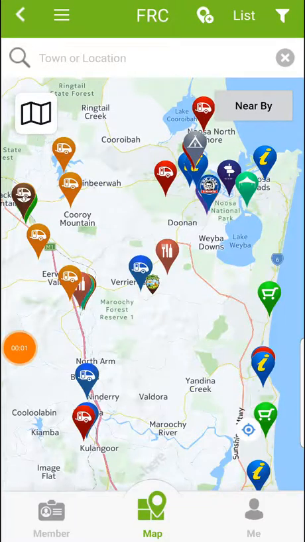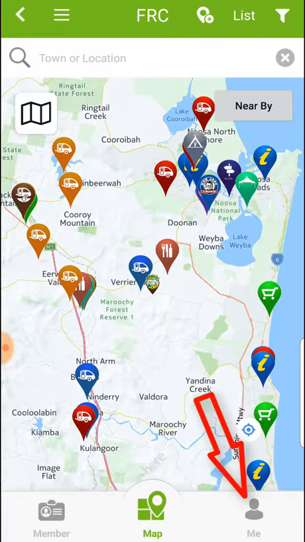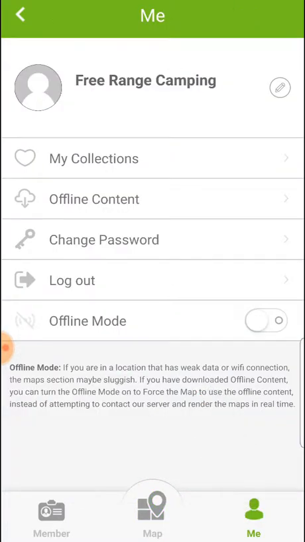So one of the features of the app is the ability to download all of our data and maps onto your device so that you don't need an active connection to view the information. So you can be in a remote location and still view the information in our directory. Now to start using that, I'm going to tap on Me in the bottom right, and then I'm going to